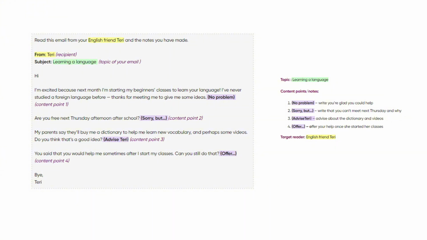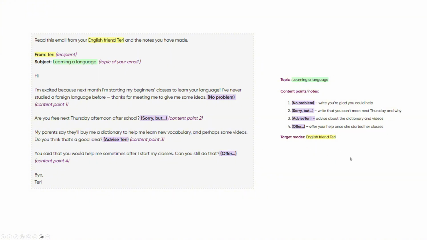Now, this is the sample of an email. Okay, so there are some highlights here. At the right will be the summary of this email. You can see that the one in yellow is the target reader, or what we call the recipient. Who is the email